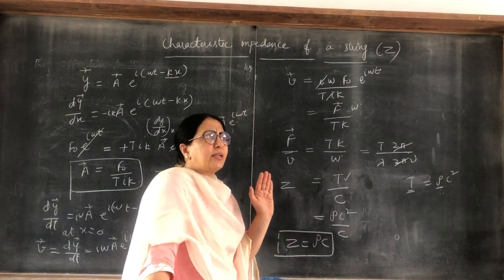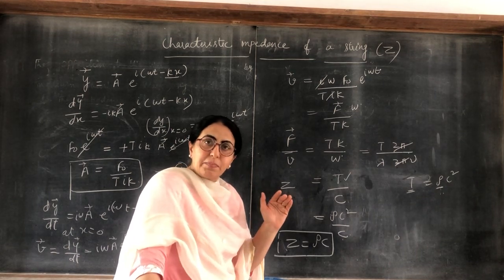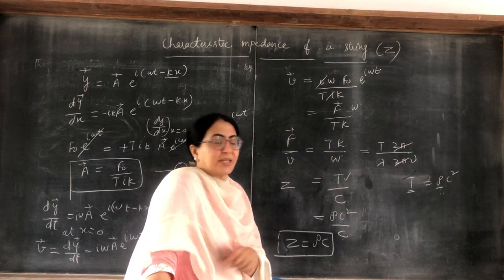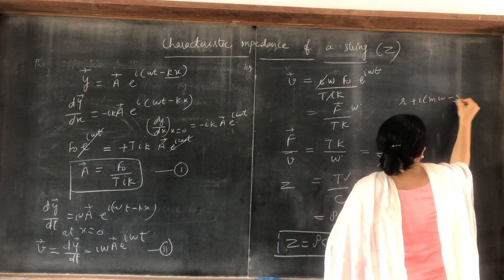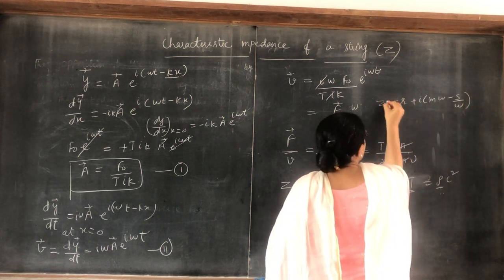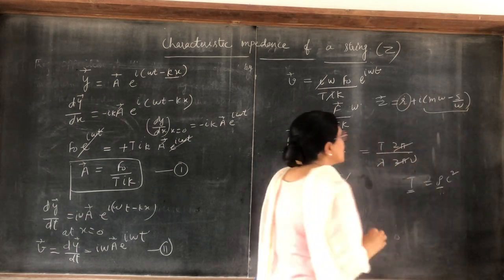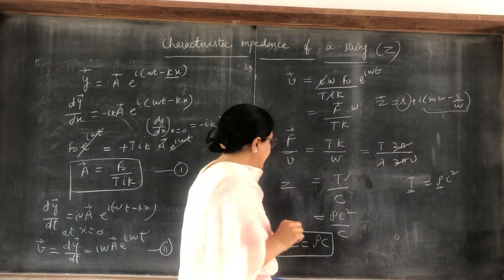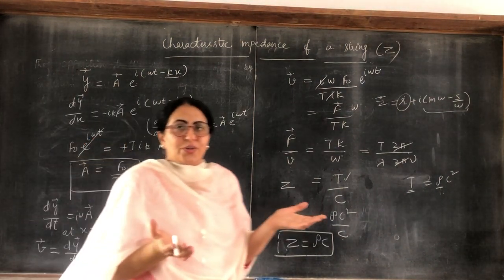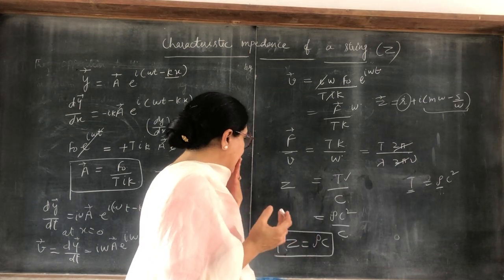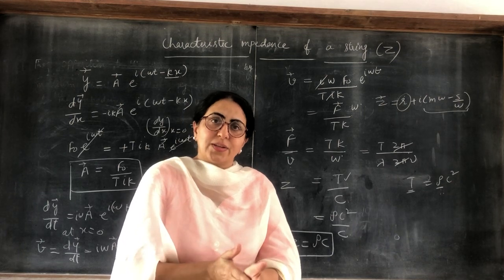We have done the mechanical impedance in the forced oscillator chapter, and that mechanical impedance is a complex quantity, because its value is R plus iota m omega. This is the real part and this is the imaginary part, so that is a complex quantity. But Z is equal to rho c, that is a real quantity. From the start we didn't know that it is a real quantity. Clear? So Z is a real quantity. So thank you very much.